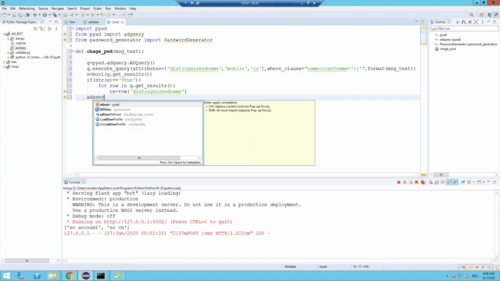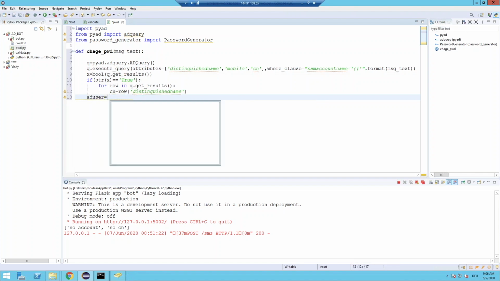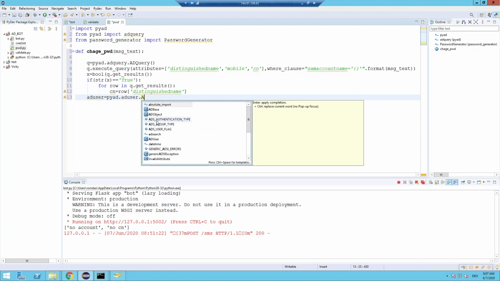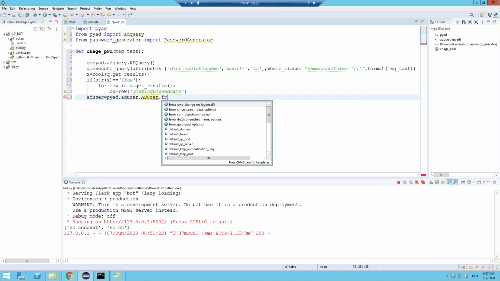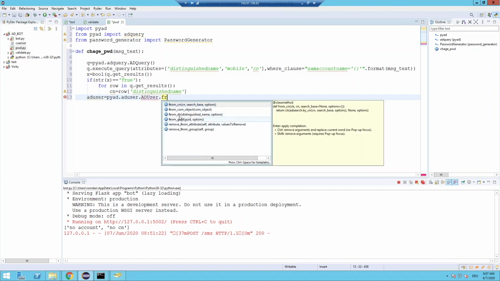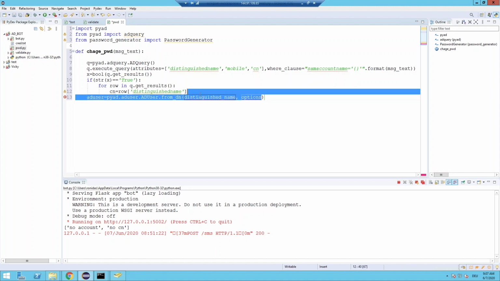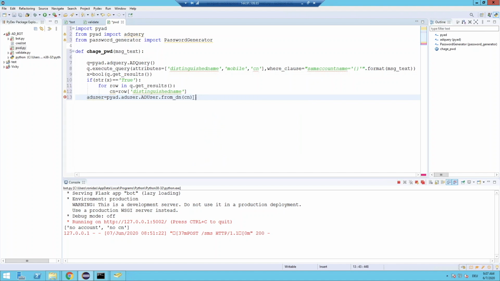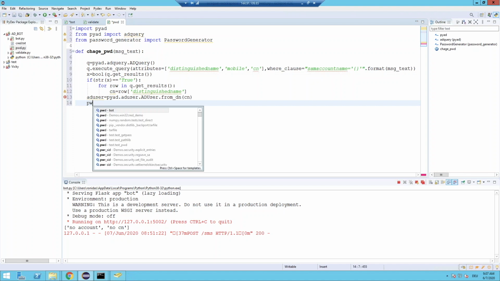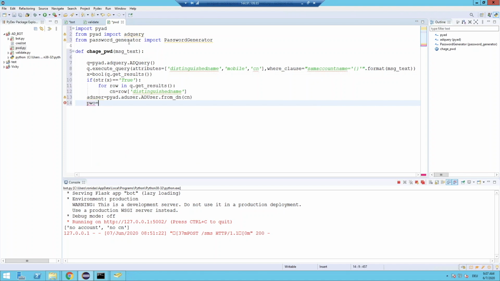ad user equals to pyad dot aduser dot ADUser dot from dn, and we'll put the dn here. Okay, so we got the dn object. Now we'll change the password against this. So now we have to create this password object, password change object. We have to create one from this. Okay, so it should be